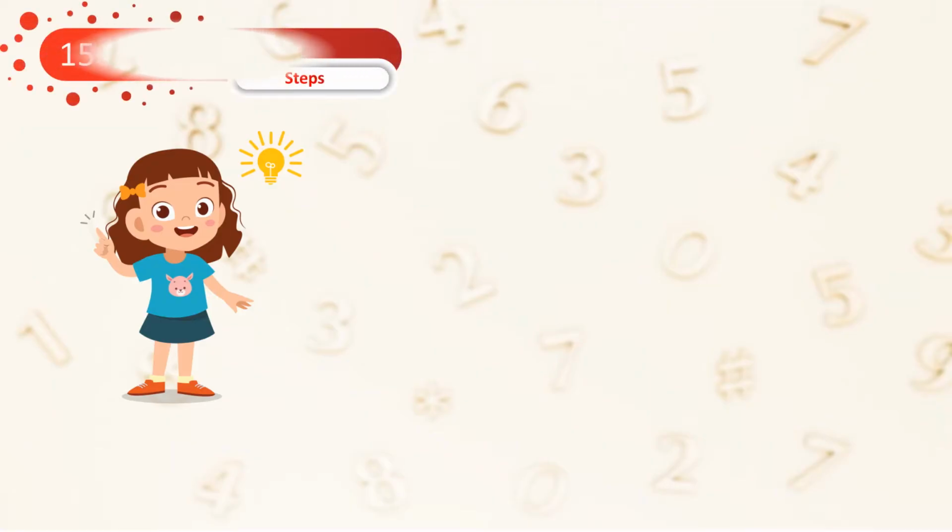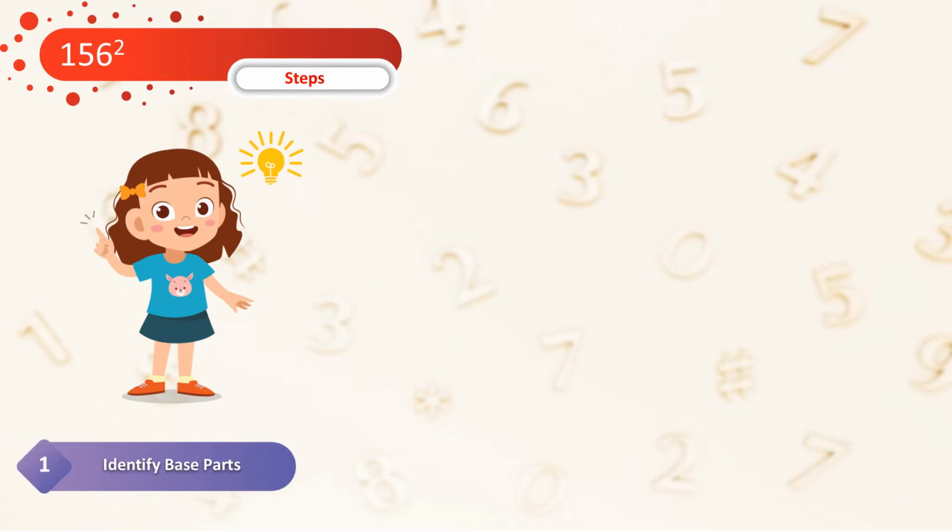So to begin with, let us see how you can find out the square of the number 156. If you look at the number 156, the unit digit is 6, the 10th digit is 5, which meets the criteria, and the 100th digit is 1. So there are going to be 3 simple steps that you can follow, and you will be able to write the square of this number very easily.